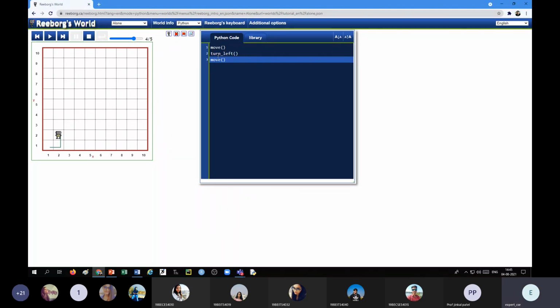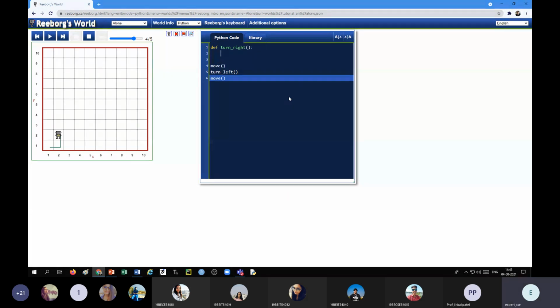So for that, we have to write the function. That is our aim. The user needs to write it because not all functions are available. I will say define turn right function, colon. How can we move the robot to the right-hand side? You know we have the turn left function available.